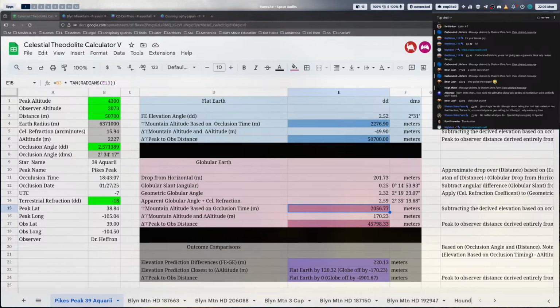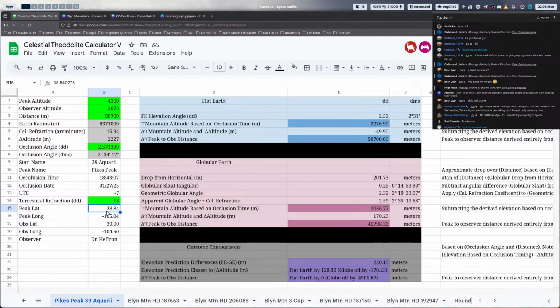When that position is intersected with the same angle as the mountain peak at that same time, that also matches the time that it wasn't visible, when the optical angle would be 219. But when we derive the distances based off of the apparent positions of the mountain, the 219, we don't get our distance, and we don't get the actual elevation of the mountain. We're off. When we use the occlusion angle with the same factors, we're spot on for the distance, and we're way closer in the elevation angle.